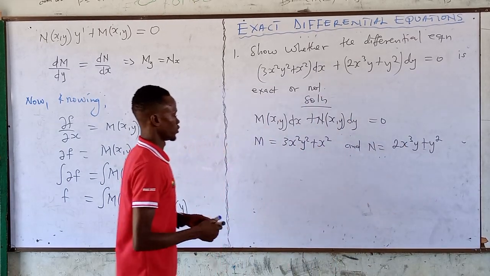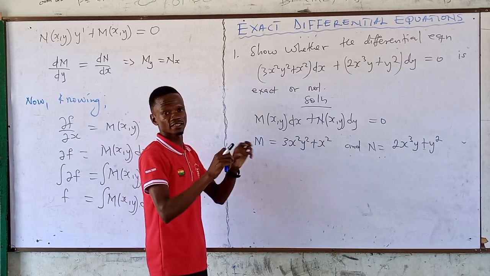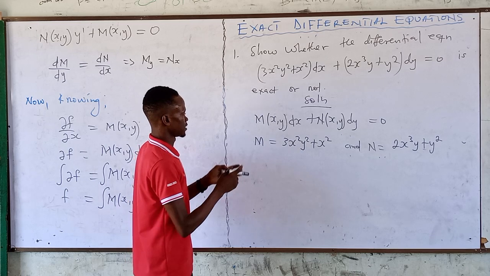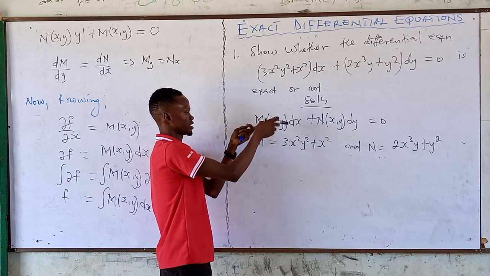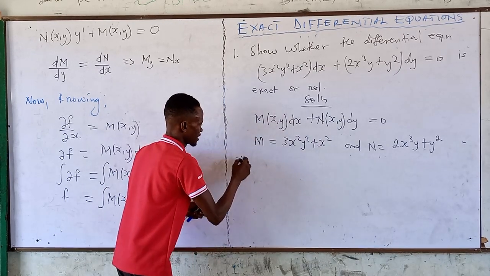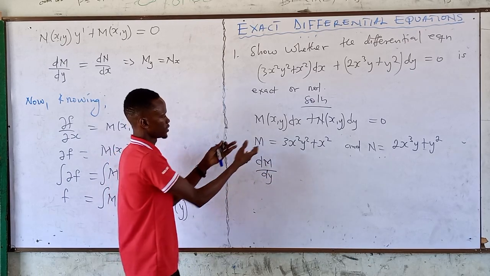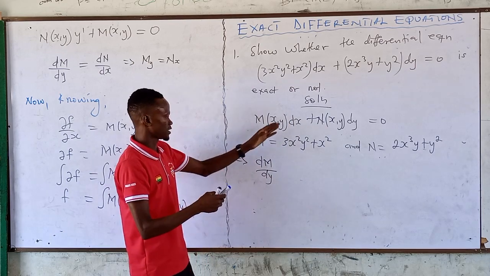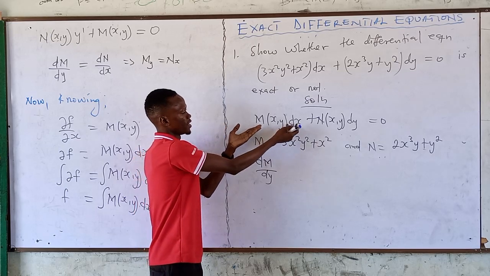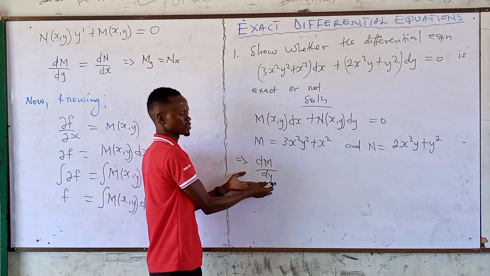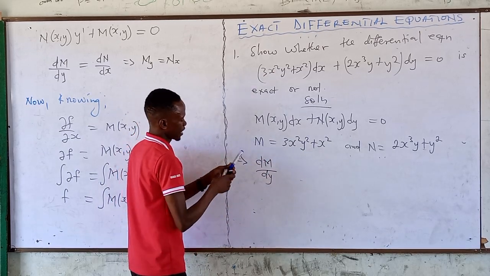Alright. So we said that for the equation to be exact, it should have matching partial derivatives. You see that this M is with the dx, so we need to differentiate it with respect to y. Take note, the one with the dx should always be differentiated partially with respect to y. So differentiating this partially with respect to y, I'm going to obtain